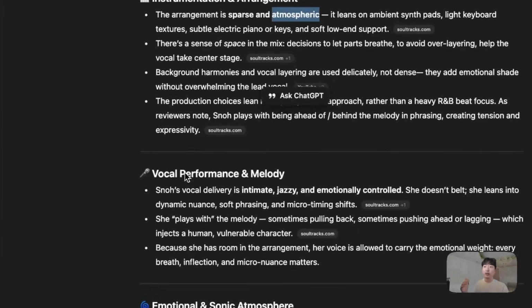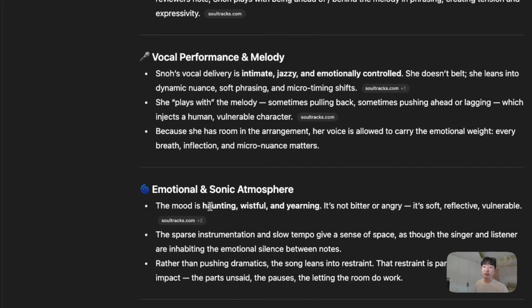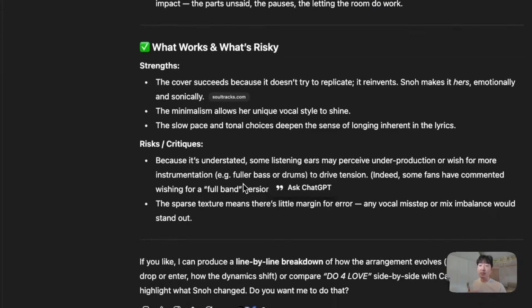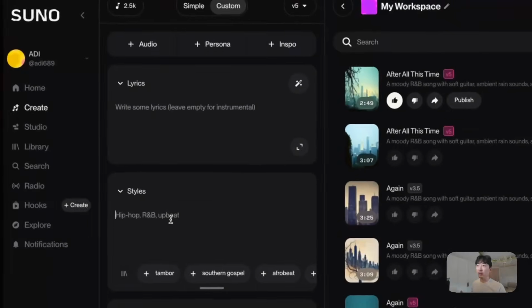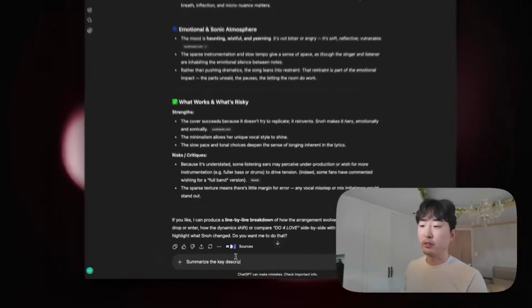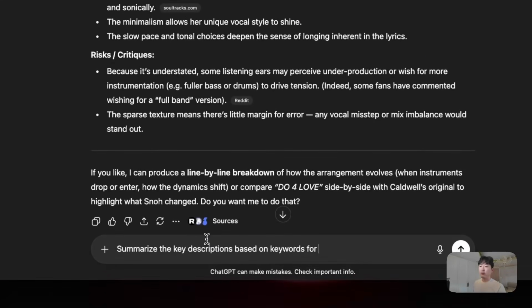I love the way that the AI is actually describing the song. And then from emotional atmosphere, the mood is haunting, wistful, and yearning. So these are types of keywords that can come to mind that you can leverage when putting into your prompt. And of course, this is going to be way too long to insert into your styles prompt. So what I'll do is, let's say, descriptions based on keywords for this song,